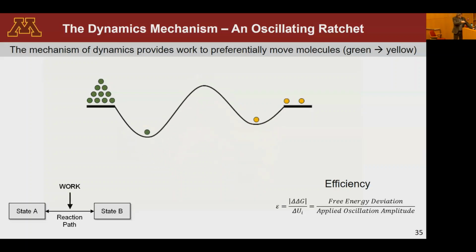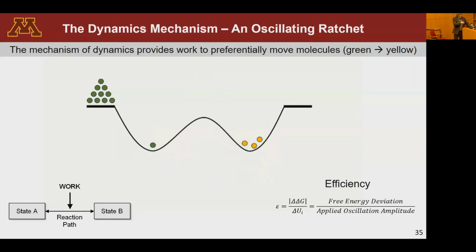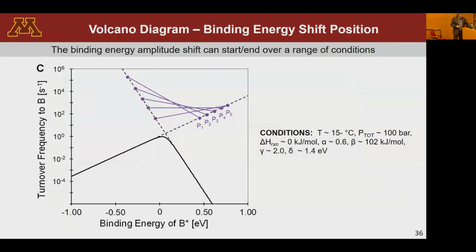Now, and I'll say more about this here in a minute, how efficient is a particular system? And again, I'm also open to ideas of, is this the right way to define an efficiency for a system? So let's take a single system and let's explore it. Okay, so here's my average turnover frequency. Here's the normal Sabatier curve with a maximum right there. And I'm going to impose a